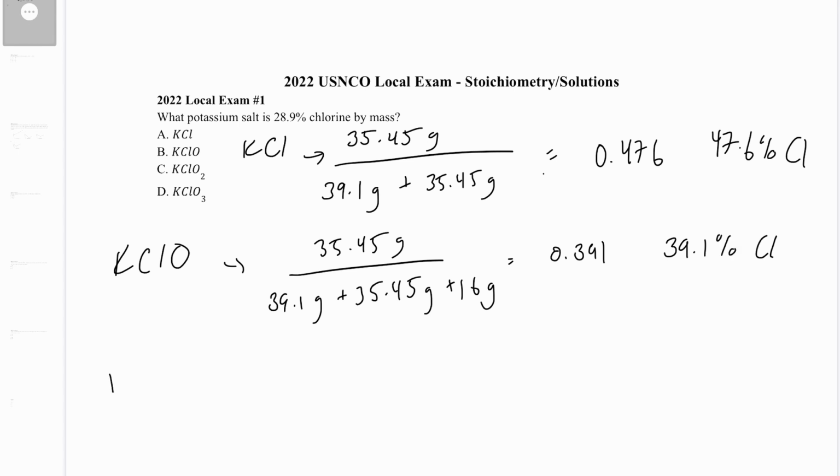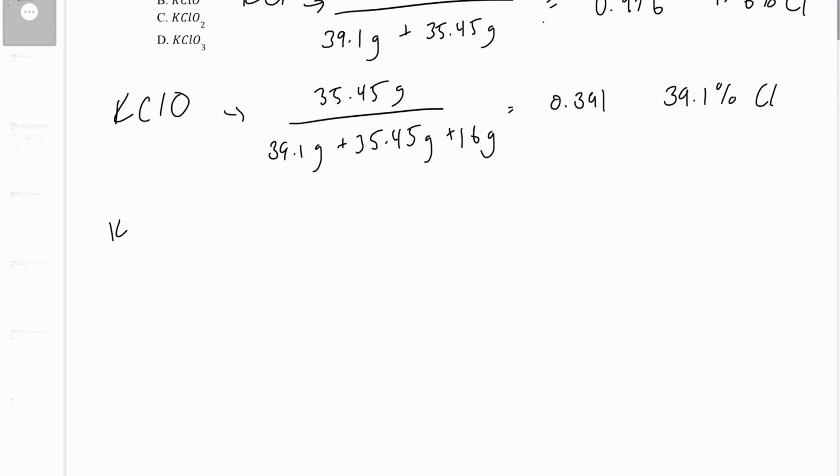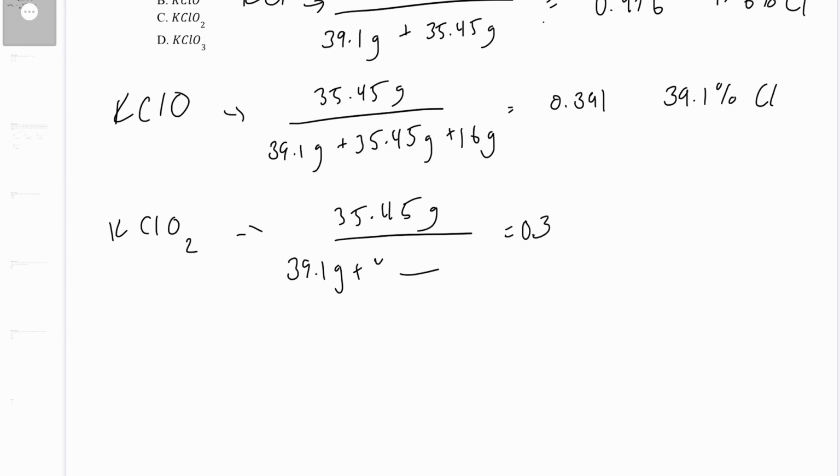Next, potassium chlorite, so KClO2. It's 35.45 over the molar mass of the compound, and you know the rest. That comes out to 0.333, so 33.3% chlorine by mass. And then the last one, KClO3, it's the same calculation, and that comes out to 0.289,